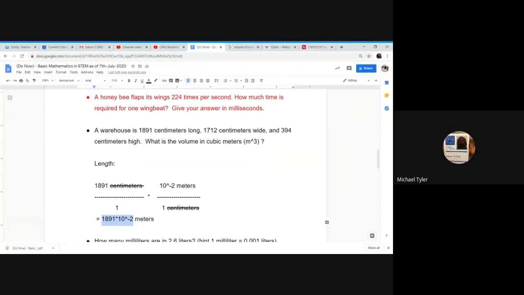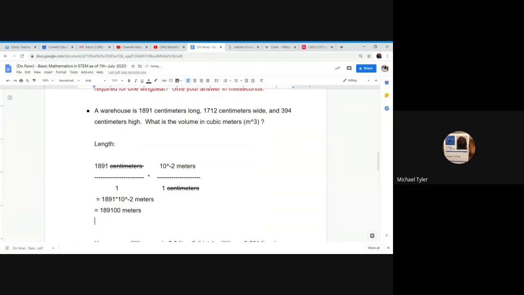The screen was so small on me, I had to zoom in a little bit. So that's equal to 189,100, and don't forget, it's measured in meters. So now we got to go through our width, right?